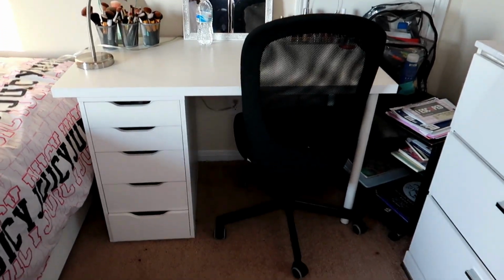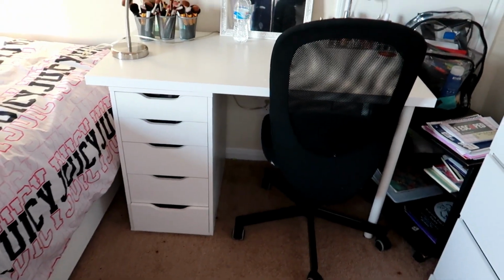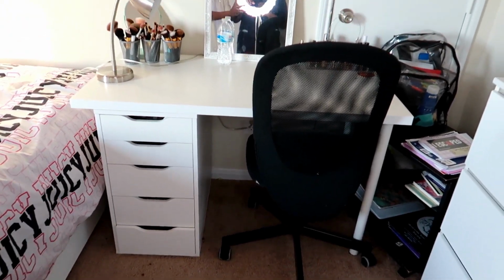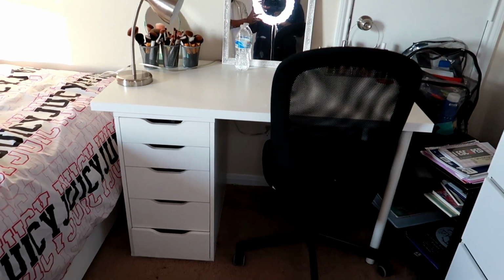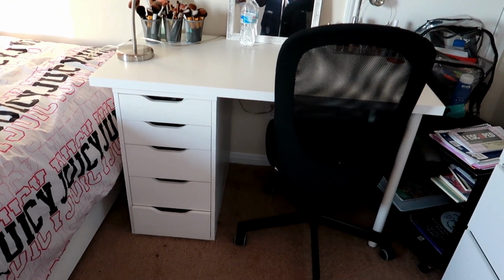So this is like my work desk slash vanity area. I know every basic person who does YouTube has the whole IKEA Alex drawers with the tabletop. This is honestly the cheapest one you can get. So I get the hype around why everybody buys it. But